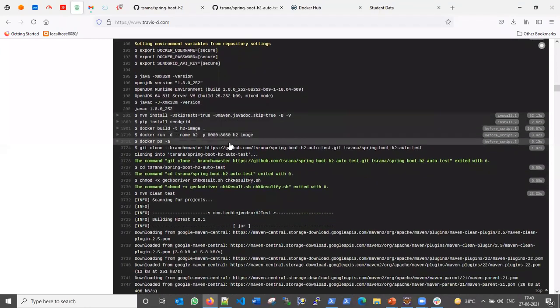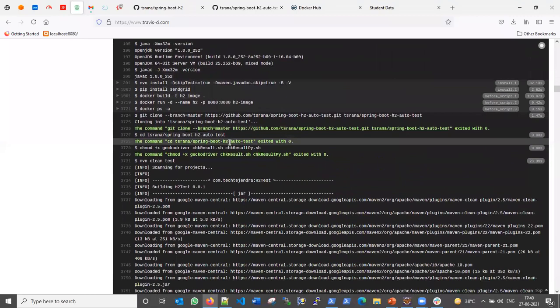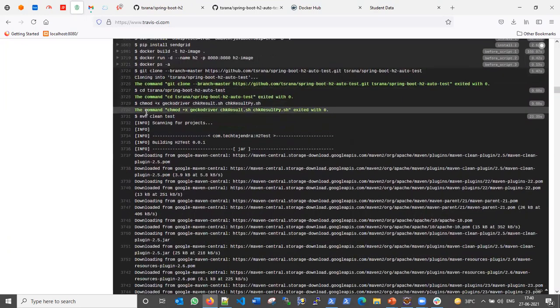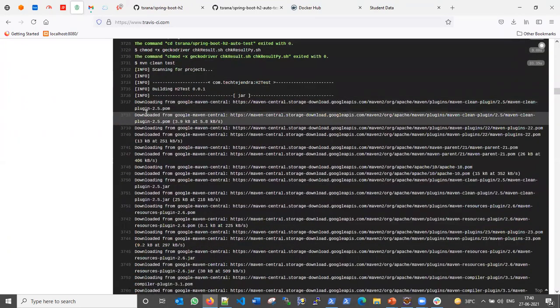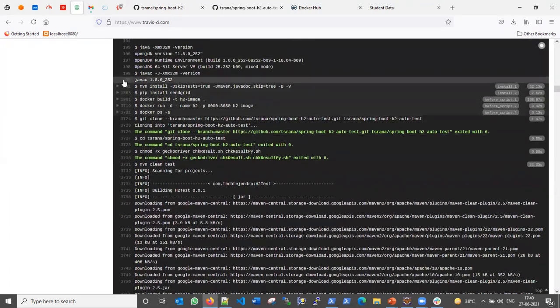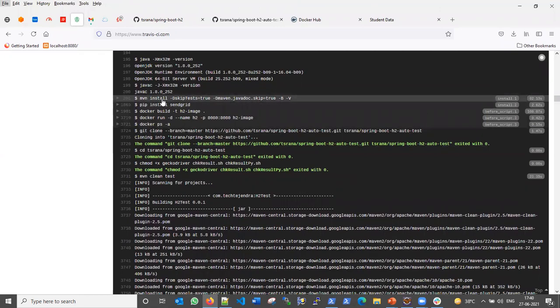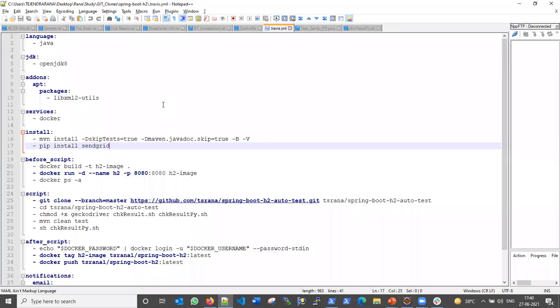Then it is first cloning our developer machine code from the Git account at this line. And here is the pip install SendGrid, as I told you. Here is the Maven install and here is the pip install, right? Maven install and the pip install.